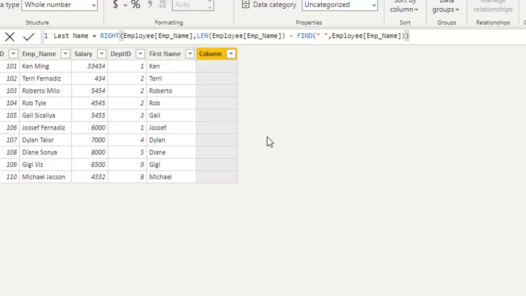I execute this one. So you can see in the emp name Ken Ming, the last name is Ming; Terry Fernandez, the last name is Fernandez; Robert Milo, and the last name is Milo.